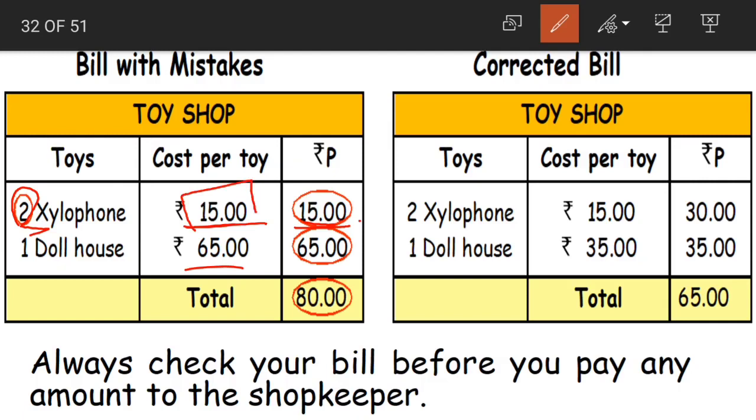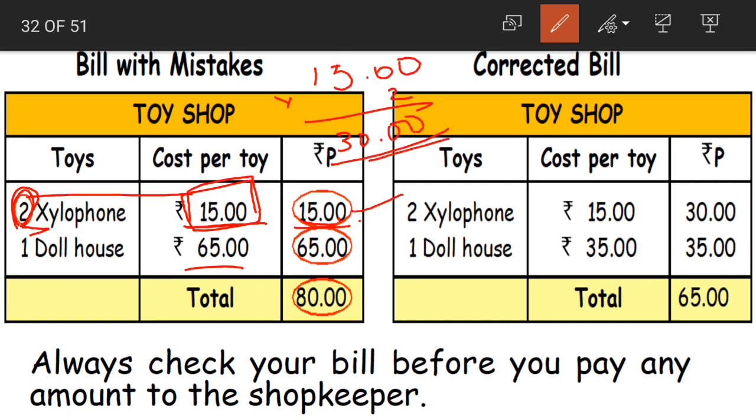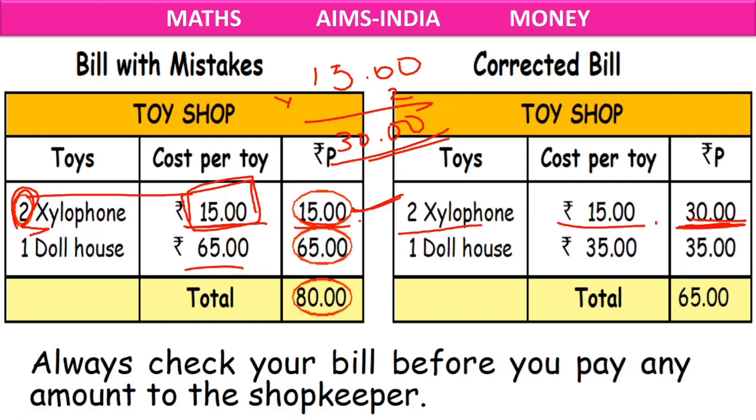So what should be the actual rate here? This 15 rupees into 2. 15 rupees into 2 will give us 30 rupees as our answer. So 30 rupees should have been the cost for two xylophones. See here, two xylophones cost per toy 15 rupees and the rate is 30 rupees. And also if you look at the doll house,